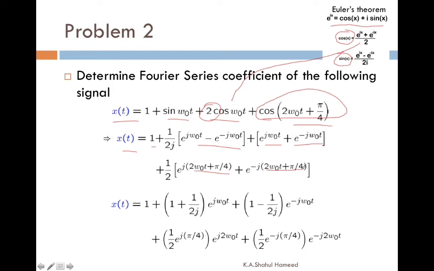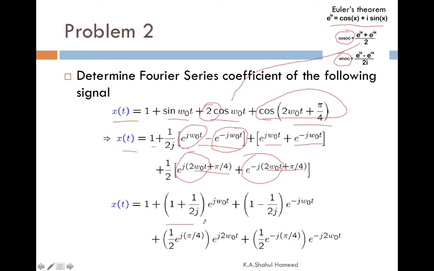Now we have first harmonics and second harmonics. We have to separate first harmonics and second harmonics. That is, we have to separate e power j omega naught t, e power minus j omega naught t, and e power j 2 omega naught t, e power minus j 2 omega naught t. So when we are separating all these first and second harmonics, we will get x of t is equal to